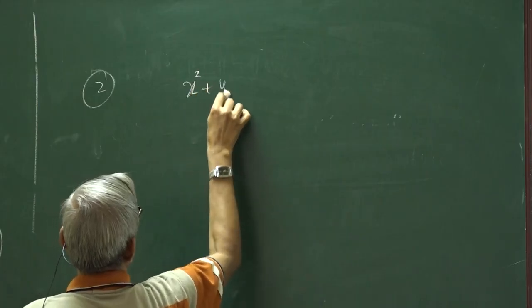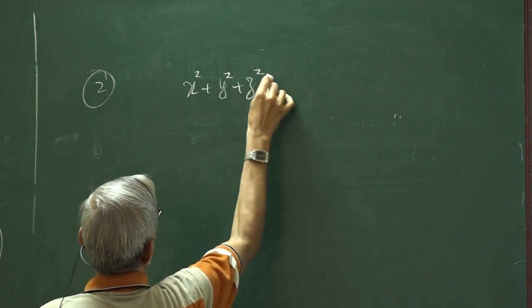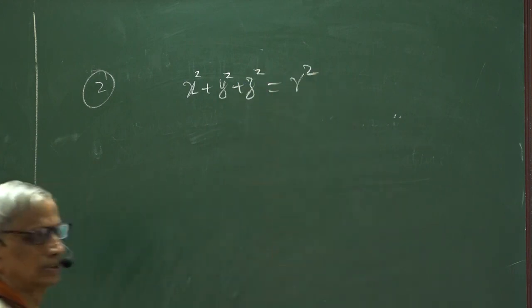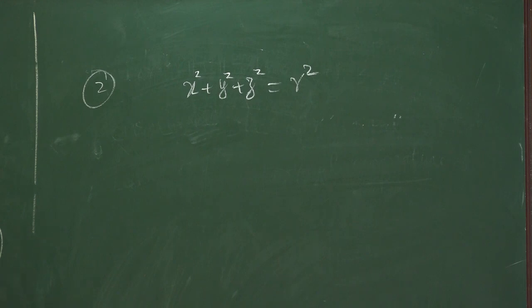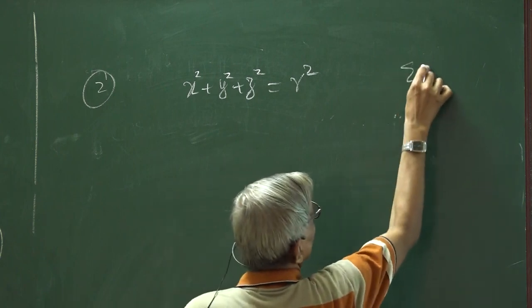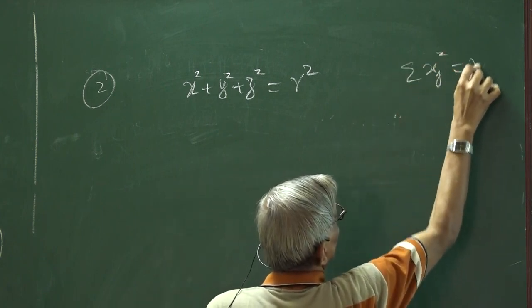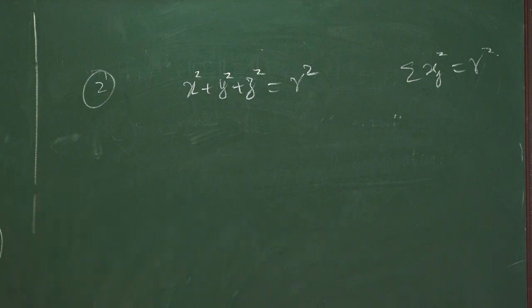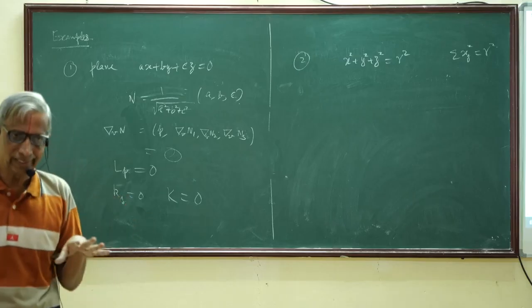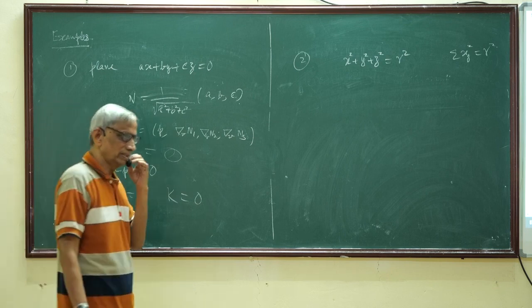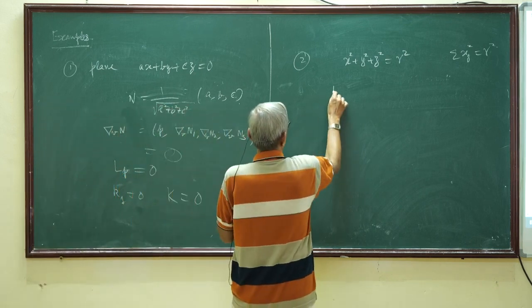What about the sphere? Let's take, for a change, let's take a sphere of radius r or something. We can take an n-dimensional sphere if you want. It's the same thing, okay? So now you have to fix the orientation, that is, fix the normal direction. If you take the inward normal, for example,